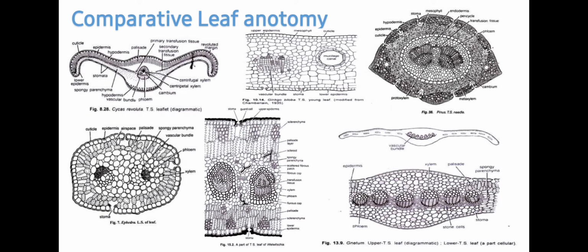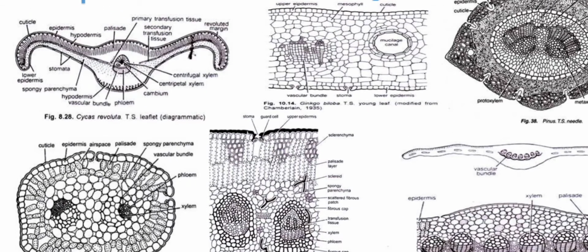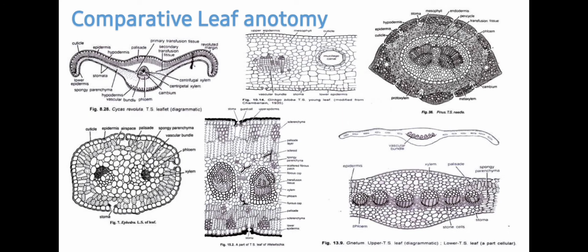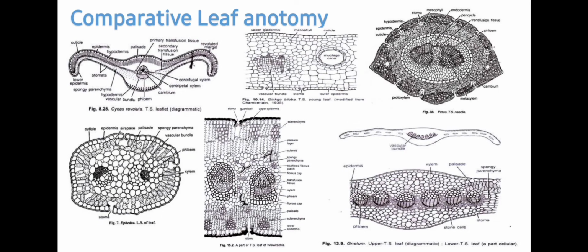Let's have a quick watch on the comparative leaf anatomy in gymnosperm. Based on the morphology of leaf, you can see here the leaflet in cycas is wing shaped because it is coiled in the young condition. So you will see folded leaflet of the cycas. In case of ginkgo, you know very well that the surface is flat and it superficially resembles the monocot leaf because there is no differentiation of the mesophyll into spongy and palisade parenchyma, and you will see a prominent bundle sheath at maturity in some mature leaves.